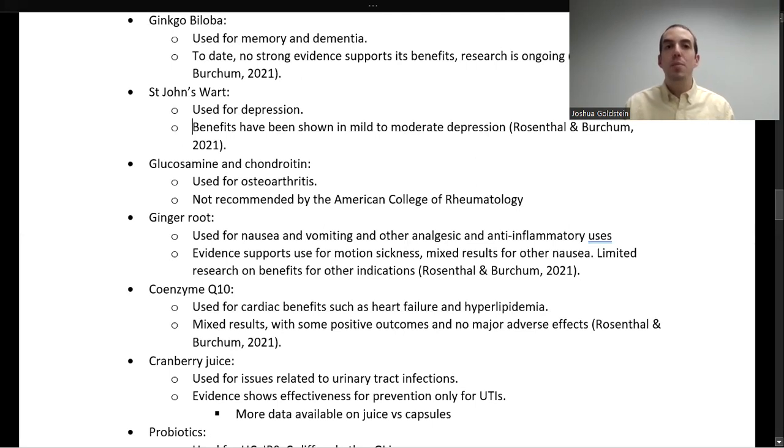Ginkgo biloba, if you ever see that, it's taken for mental health and for things like dementia. Per the textbook, again, the textbook that I'm using for this specific section is the Rosenthal and Bertram Advanced Pharmacology textbook written by Elsevier. And the data that they have is that there's no strong evidence to support its use, but obviously there's tons